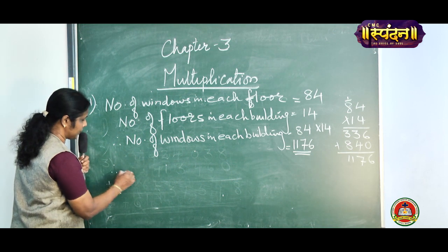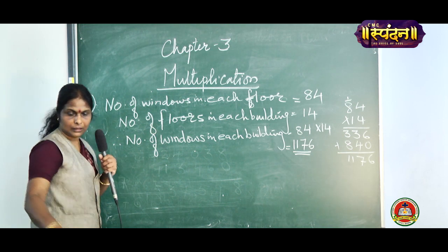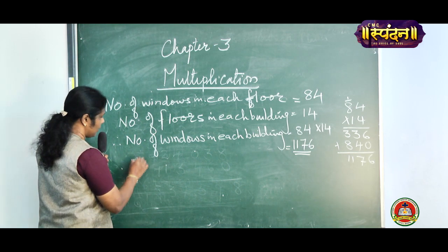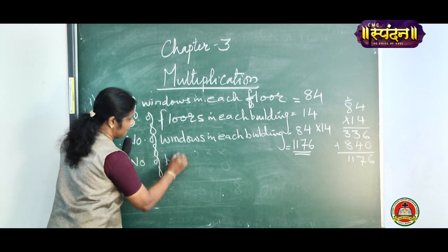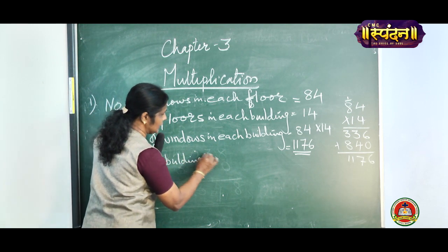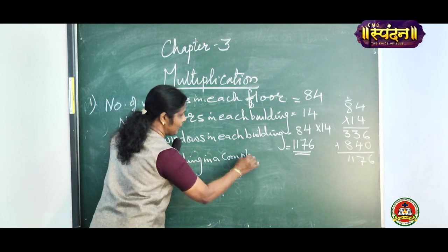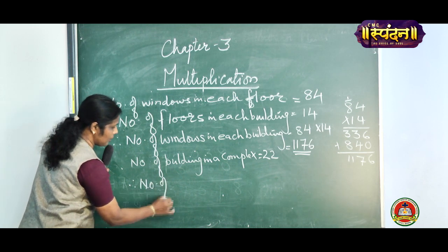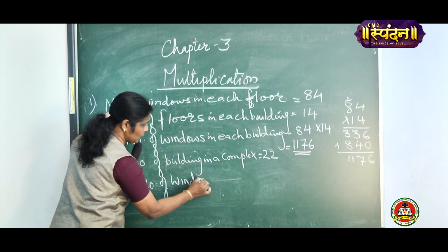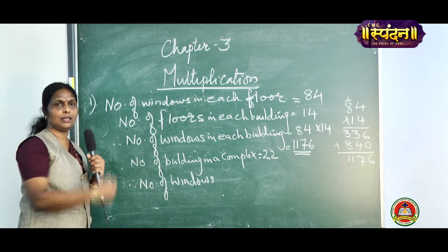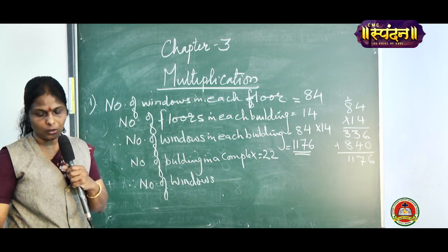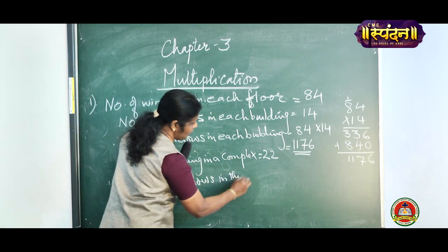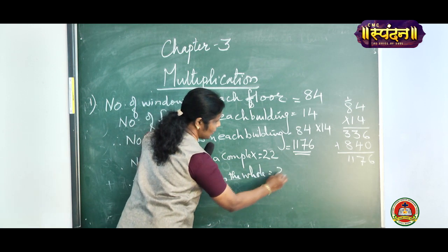Now you have to find out how many buildings there are. It is given that 22 such buildings are there in a complex. So number of buildings in a complex is equal to 22. Therefore, you have to find out how many windows are there in these 22 buildings, that is, fitted in the whole complex. Therefore number of windows in the whole complex is equal to